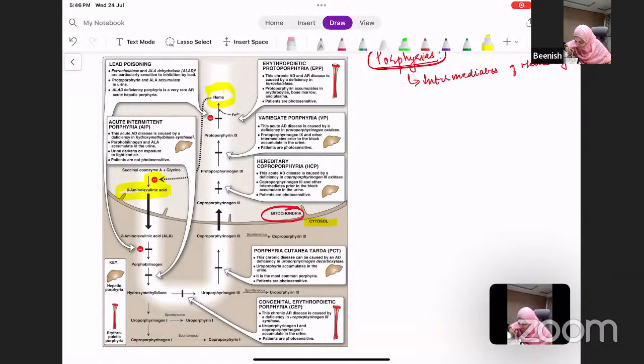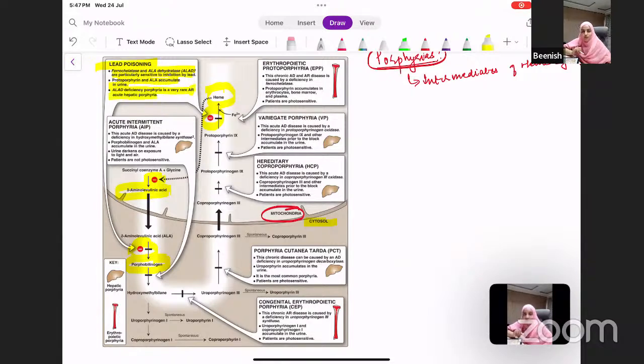In the cytoplasm, it is forming porphobilinogen. The enzyme was ALA dehydratase, which is inhibited by lead, and lead also inhibits ferrochelatase, which was changing protoporphyrin 9 into heme. So ferrochelatase and ALA dehydratase are particularly sensitive to inhibition by lead. Protoporphyrin and ALA accumulate in the urine, and ALA dehydratase deficiency porphyria is a very rare autosomal recessive